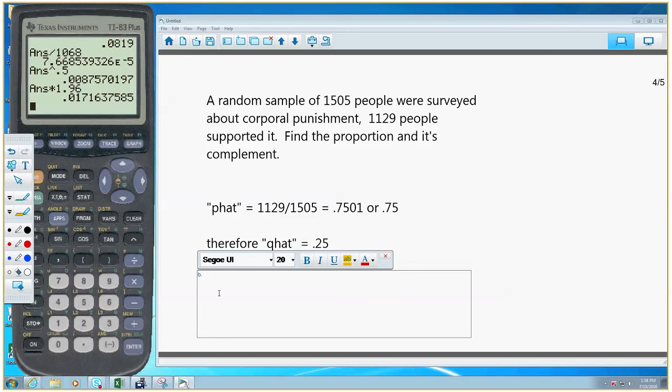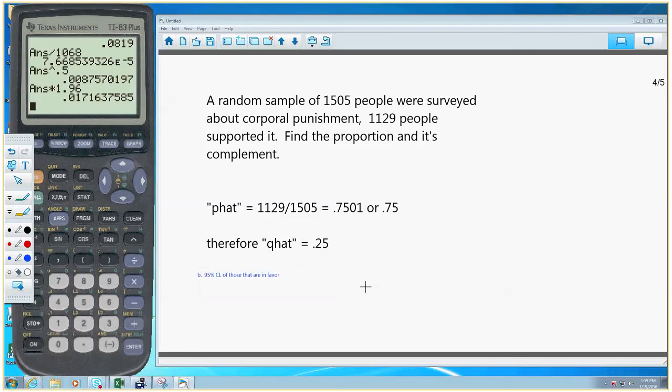I want a 95% confidence level of those that are in favor. I'm just going to say in favor. So you need to find a 95% confidence level. So that means